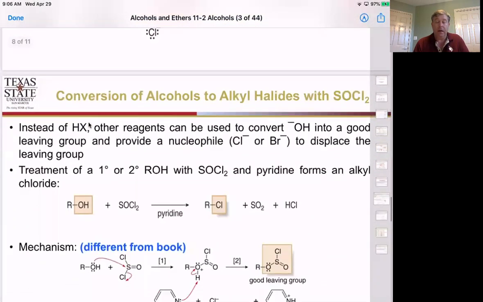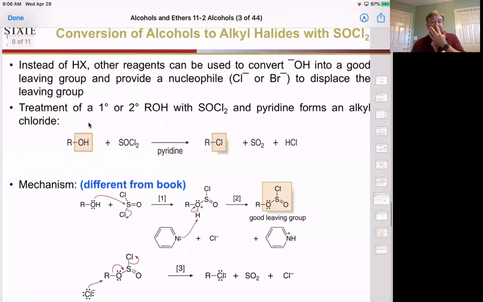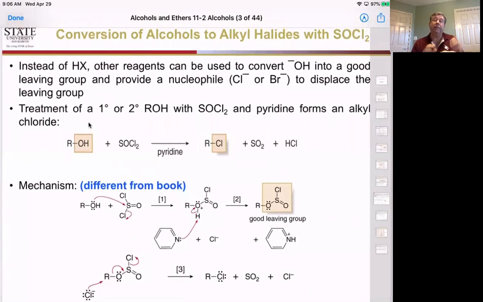Okay. So because it's so difficult to do the primary alcohols that way, we actually have other reagents that we can use. Instead of the acid halides to generate a chloride, we can use a compound called thionyl chloride, SOCl2, as our reagent to make primary and secondary alcohols into alkyl chlorides. Now, the reason it works is we're making that alcohol into a much better leaving group. We're not just protonating it and making it into water. We're actually using the electrons on the alcohol to add to this